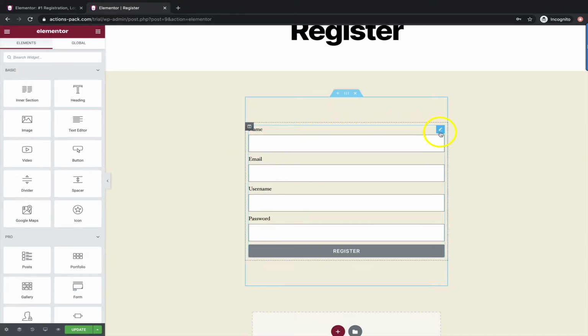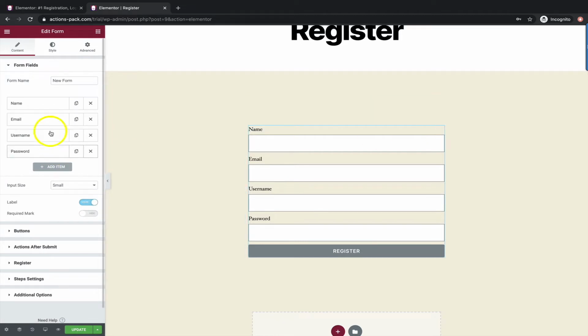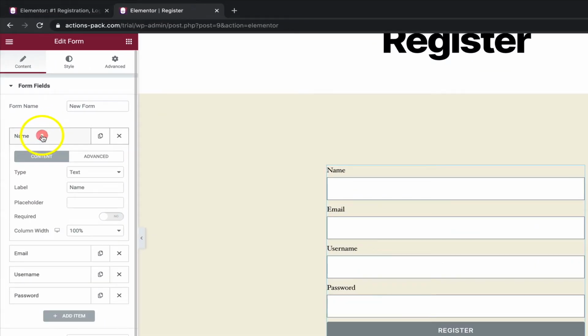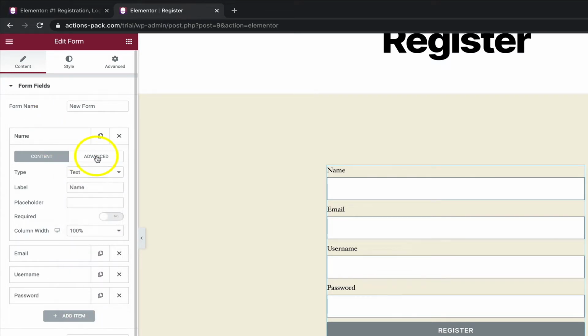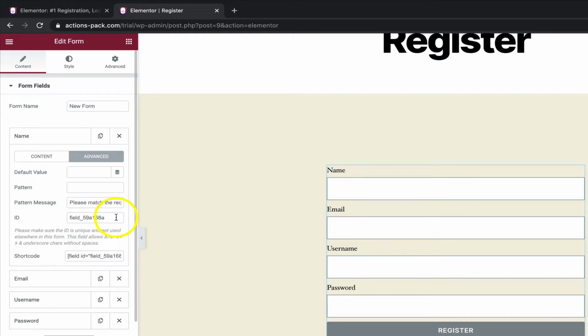Okay, so I'll just click back on the edit pencil, and we've got our form fields over here: name, email, username, and password. These are fairly standard, and if I just click on one, you can see how this is set up. It has a type. For example, the name has a type, and you choose the type from the drop down here. Again, these are fairly standard features. There are some advanced settings as well, which lets you pull out the specifics of this field if you needed to send this data, pass this data perhaps in an email, using the shortcode which is available here.